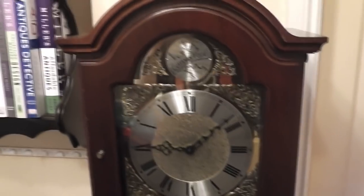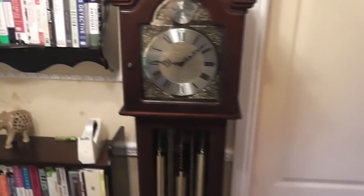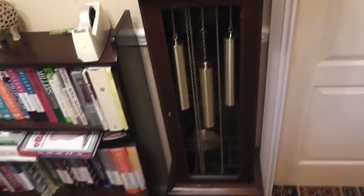This is a Hermle powered Westminster chime grandmother clock. As you can see, she ain't very tall, because there's the top of that one and there's the top of that one. It's about 5.5 feet high, I would say. But it's a beautiful clock. As I say, it's about